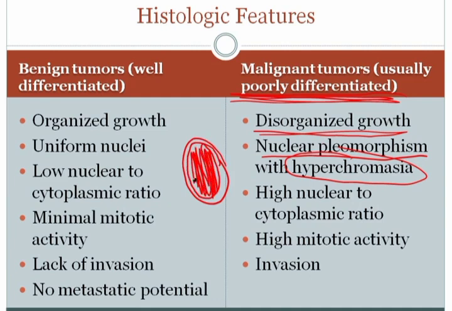And what does that indicate? That indicates that the cell is very active and that the nucleus is completely open and is rapidly transcribing genes, etc. There'll be a high mitotic activity, indicating that the cells are rapidly dividing, and there'll be invasion into local structures. And so these are some of the histologic hallmarks that help us to classify a tumor as benign or